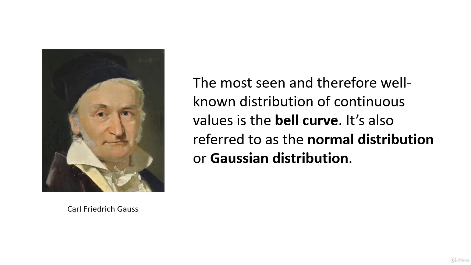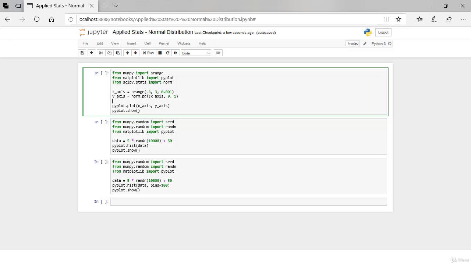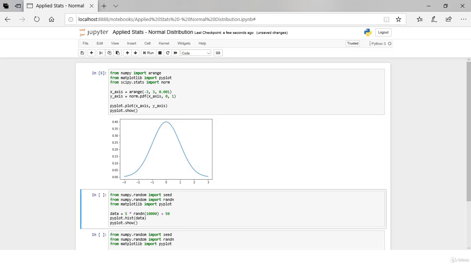All right, let's jump over to some code and create a normal distribution. Running the example generates a plot of the idealized Gaussian distribution. The x-axis are the observations, and the y-axis is the likelihood of each observation. In this case, observations are around 0. Observations around the 0 mark are the most common observations, and observations around -3 and +3 are rare